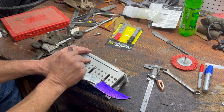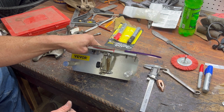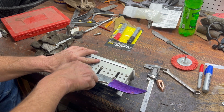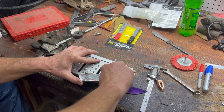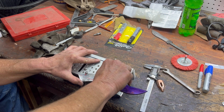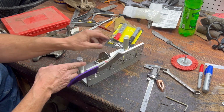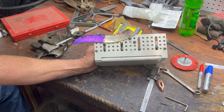So that guy goes in there. That looks pretty darn good. Maybe we can replicate that on the other side, I hope. So, try to tighten those down a little so they don't move. Pretty good. Pretty good. So there we are. Hopefully